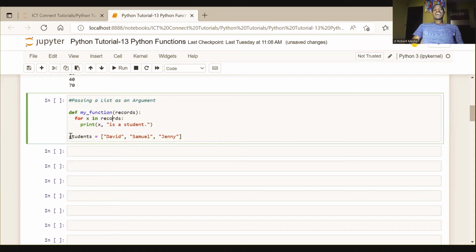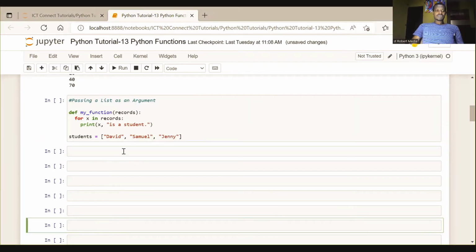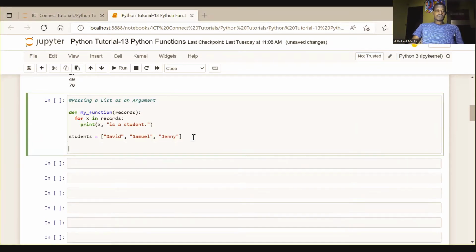Now we have another list we have defined here, and we call the list students. So all we are going to do now is add all this in the same place. Here we're going to call out this function, which is my function, and the argument we are going to pass here will be students. Students is actually this list we have declared. So when we run this students,